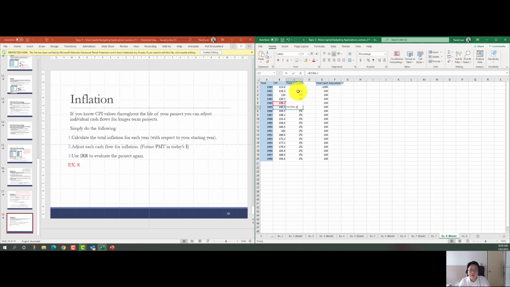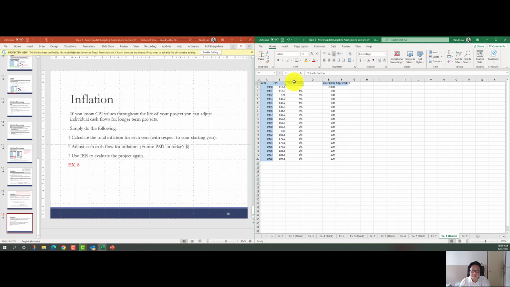Okay, but what we're actually looking for is total inflation. So what happens? How did prices grow each and every year? Just bear in mind that that's actually the difference between what we have over here. So what we actually want to do is, let's say, take that away. That is what we will call